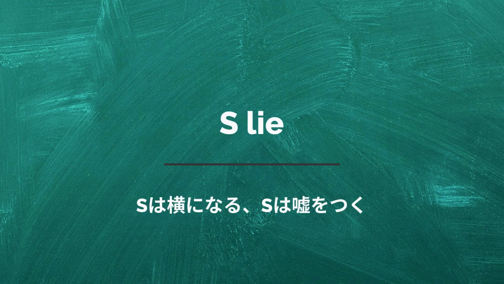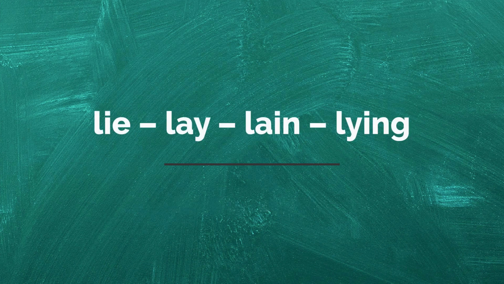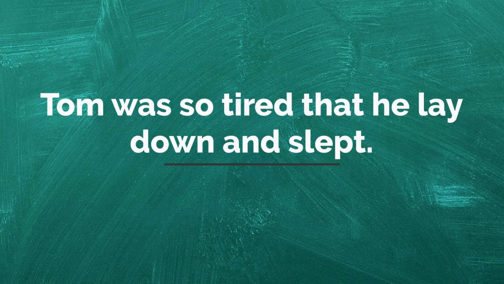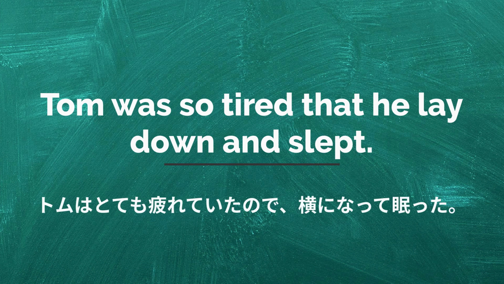S, lie. S は横になる。S は嘘をつく。 Lie, lay, lain, lying. 横になるの過去分詞、現在分詞形。 Tom was so tired that he lay down and slept. トムはとても疲れていたので、横になって眠った。